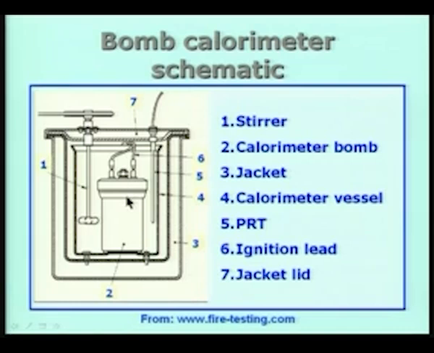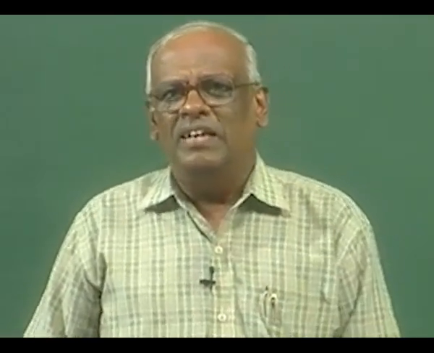will melt, and when the wire melts, the circuit will automatically break. Usually a light bulb is also there in the circuit in series, and when the connection is lost, the illumination will stop, and therefore you know that the melting has taken place. After a few minutes you will see that the temperature starts rising, and then it stops again, and then becomes more or less constant, just as in the specific heat calorimeter